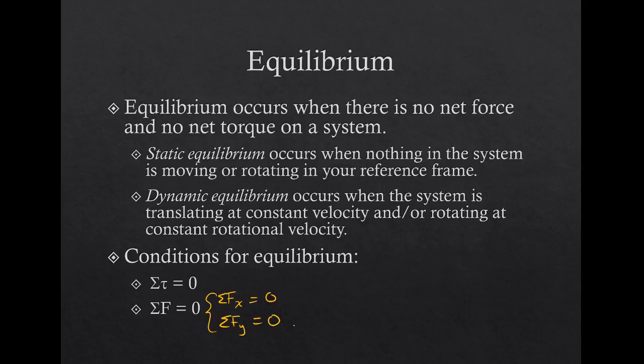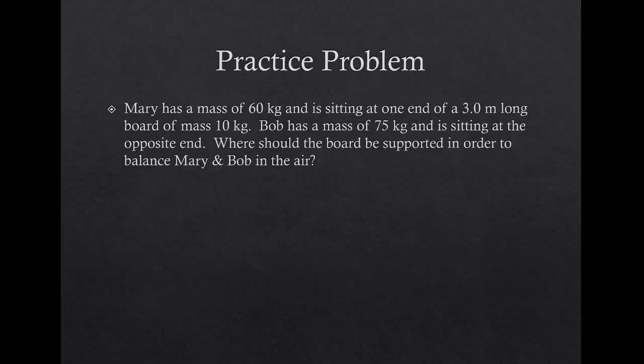So a quick example problem. Mary has a mass of 60 kilograms and is sitting at one end of a 3-meter long board of mass 10 kilograms. Bob has a mass of 75 kilograms and is sitting at the opposite end. Where should the board be supported in order to balance Mary and Bob in the air? Okay, so Mary is at one end, Bob is at the other, and we want to know where to put